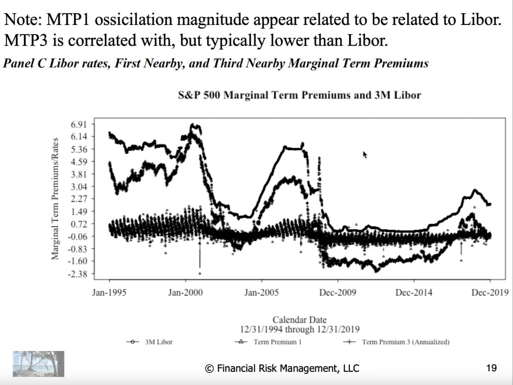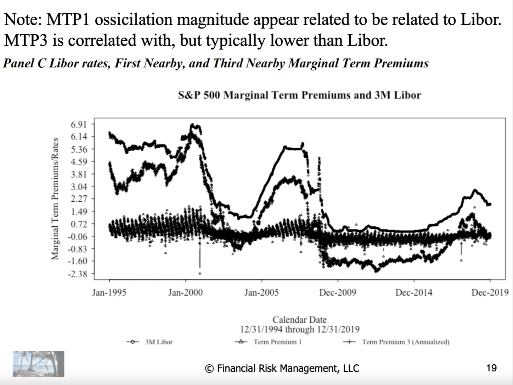Recall last time in the last part we were observing that the marginal term premium for the third nearby, which is this line, lies below LIBOR, and that the first nearby, I want to note, is oscillating quite a bit. And so the explanation for the difference between the behavior of these lines is fairly straightforward. The first nearby is looking at the spot price versus the first nearby futures price, and they settle at two different points in time, and so